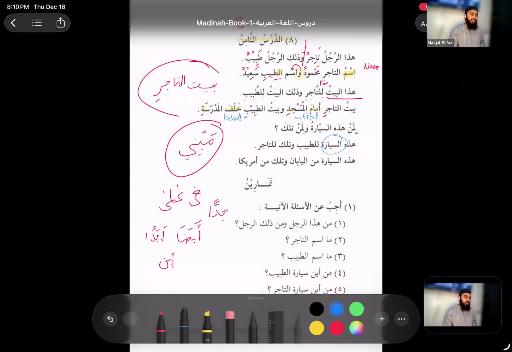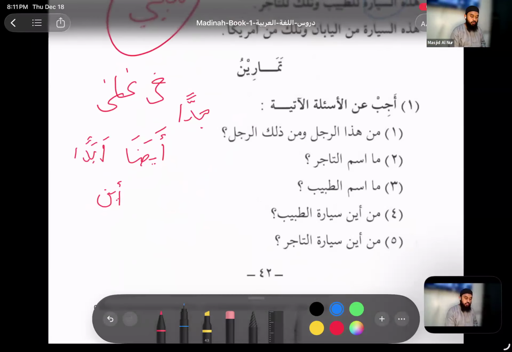All right, inshallah. Lesson 9 and 10, we have 2 more lessons left, and then we'll be going to a different book for maybe 2 weeks, where all you guys have to do is use the tools you've learned to translate and understand the sentences all by yourselves. That's going to be a big lesson, inshallah. Is that clear? So I want you guys to answer these questions for homework, inshallah.